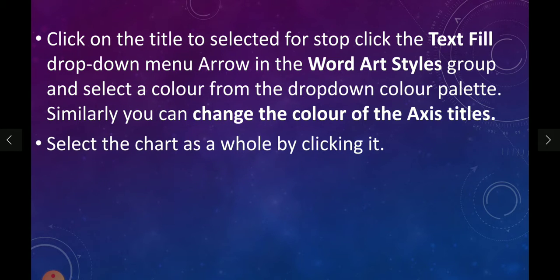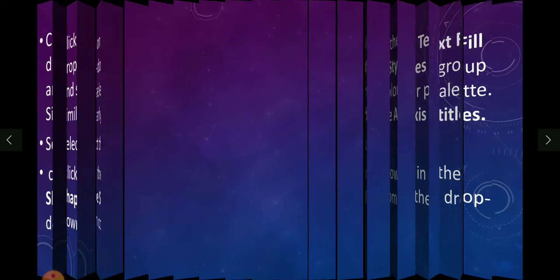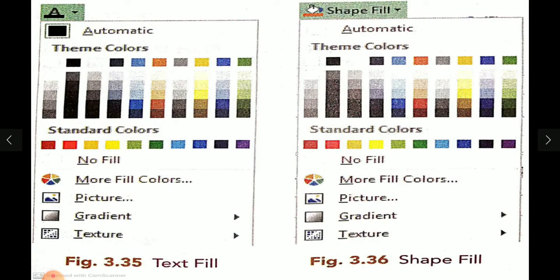Select the chart as a whole by clicking it. Click the Shape Fill drop-down menu arrow in the Shape Styles group and select a color from the drop-down color palette. Let's understand by a window picture. Here in the Format tab, I can select the colors of the text.